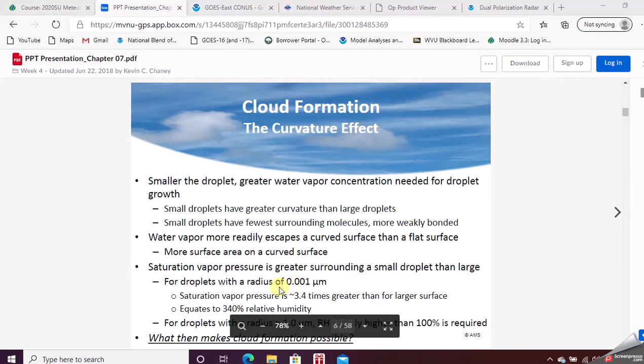Those droplets are small because they have such strong curvature that the water vapor tends to escape out of them and they can't grow. Doesn't mean they can't cause problems otherwise, obviously, but that's why the droplets that come out of your mouth don't become big rain droplets or anything.